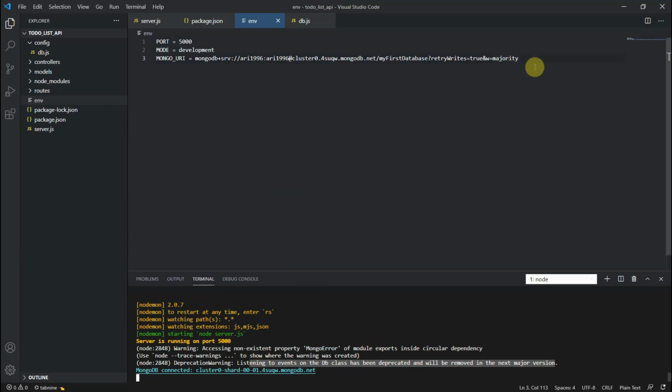Otherwise, if you want, then you can install Mongoose 5.11 and I think 15, this version. For that you need to run npm i and then mongoose @ that version, then this error will go. Okay, so I am not doing any headache for that.